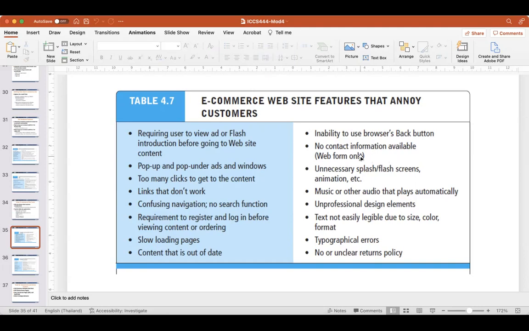So in this one, the way to solve the problem of no contact information is to just add it in the contact part, and also you can have a chatbot, so the chat is available for the users in order to let them contact you. Sometimes users don't want to make a phone call. You have to find a way to let them contact you by chatting, by texting you, something like that. Unnecessary splash or flash screen animation, okay,